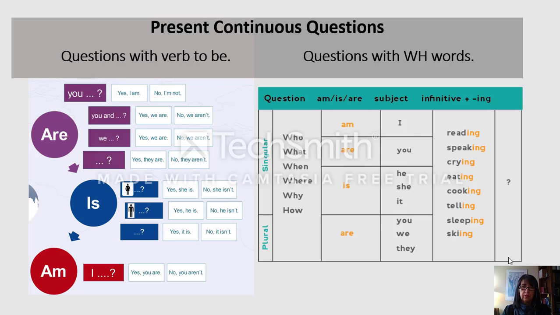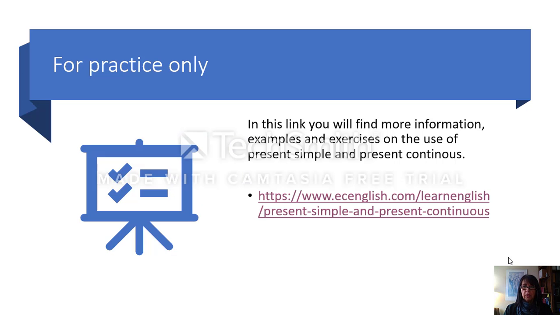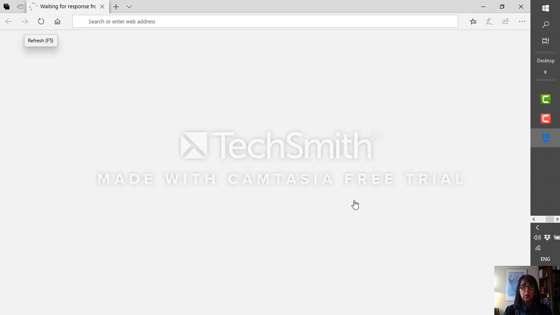Very good. Let's see. Now, you're not having an exercise today for grading, just for practice. You are going to look up in this link. Let's see right now with me. In this link you will find more information, examples, and exercises for you to practice the present simple and the present continuous. Okay, let's see. I will open up,